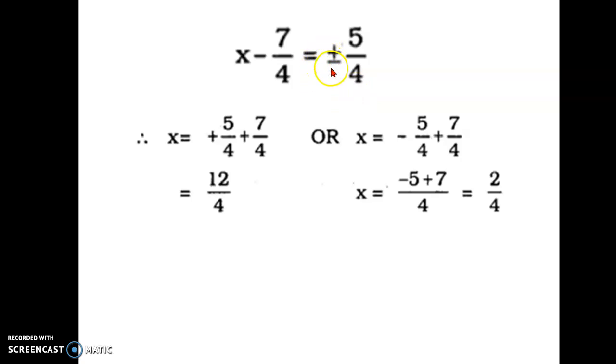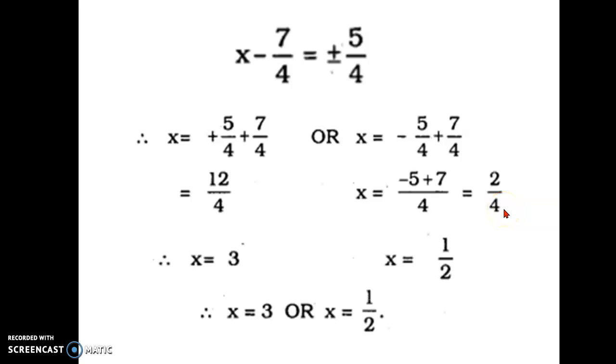So again for the minus sign you have to find out. Here if you put minus 5 by 4, and this minus 7 by 4 comes to the other side of equal to in plus. Both are having 4, so LCM is 4, and minus 5 plus 7. One is plus, one is minus, so you should subtract the numbers and put the sign of the greater number. 7 minus 5 is 2. The greater number has the sign plus, so put the sign plus here. So you will get 2 by 4, which can be reduced to 1 by 2.